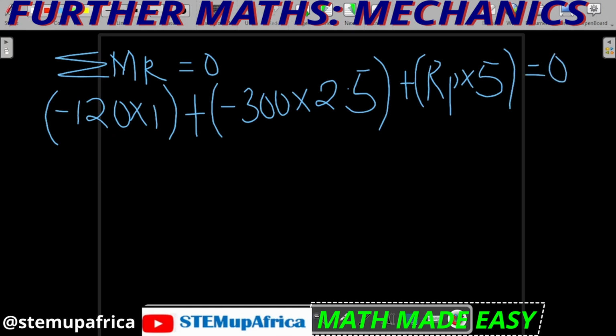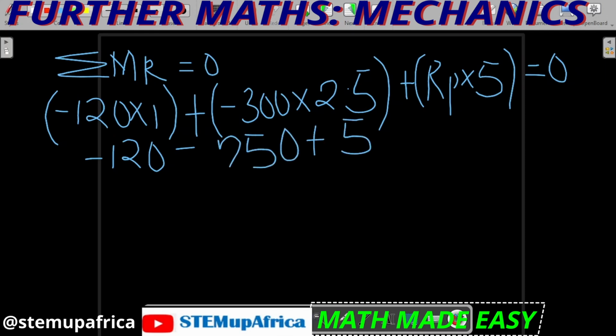So this is the concept of clockwise and anti-clockwise. So I'm having minus 120 minus 300 times 2.5, that will give us 750, plus 5 RP is equals